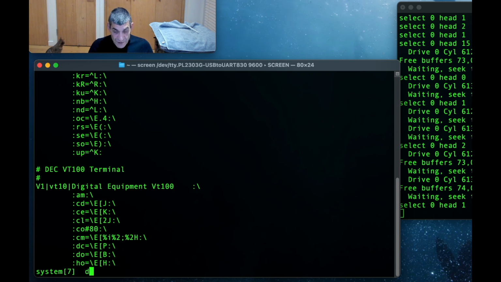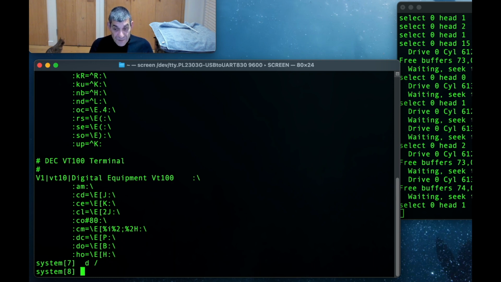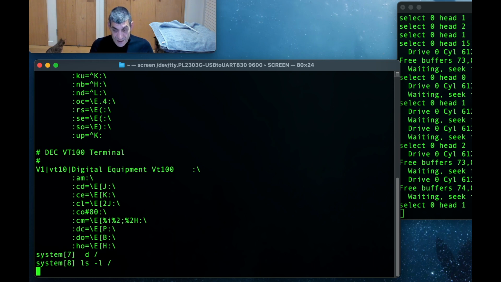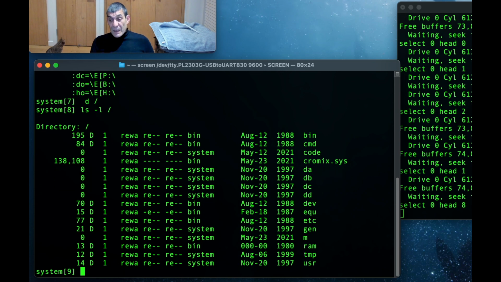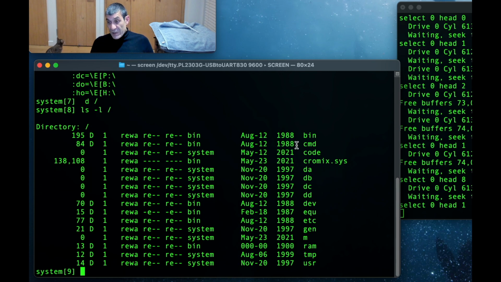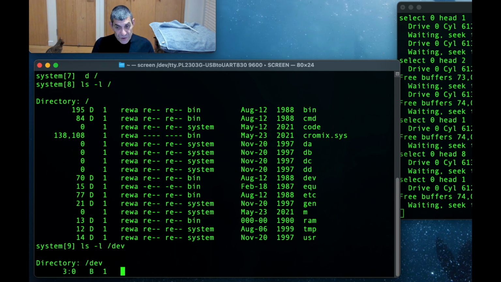So, by the way, if we go to the root directory, you'll see there's a file system structure. So if I ls -l the root, you'll see that we have a number of directories. And just like in Unix, you have a bin directory, you have an etc directory, and you have a devices directory. So if you look at ls -l of the devices directory, you'll see,